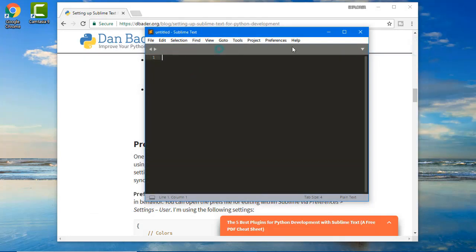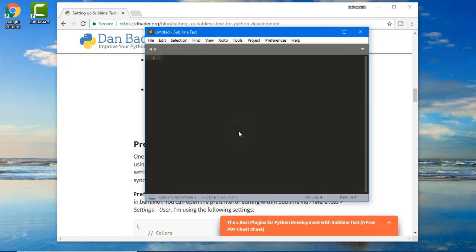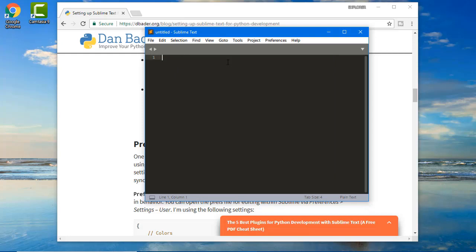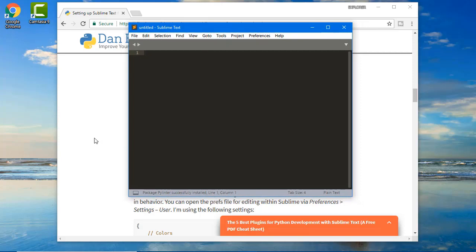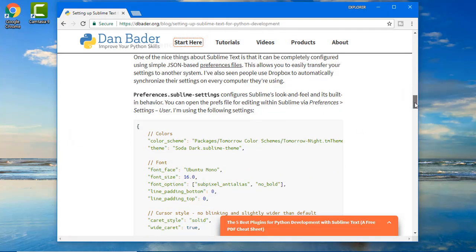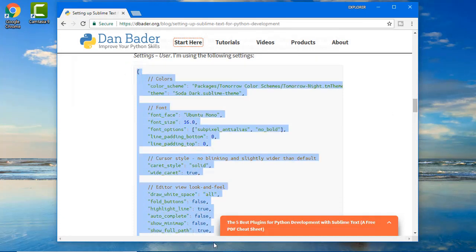Go back to this, and Preferences, Package Control, Install Package, the Pylinter from here. And it's done installing. Now let's go here, preference files, and copy this preference.